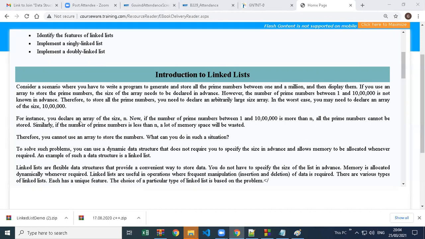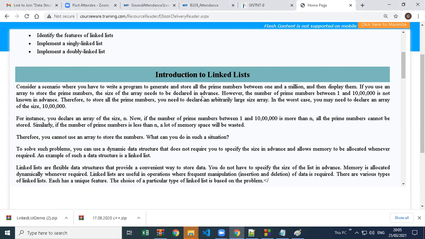But how many are there in 1 to 1000? How many in 1 to 1 million? So we cannot say in advance how many even numbers are there in 1 to 1 million. Even numbers are easy to find, but you can take other numbers like prime numbers. There are many different types of numbers, you know. Maybe you have heard about them: Armstrong numbers, palindrome numbers, strong numbers. Different types of numbers are there.